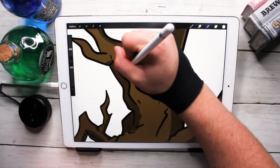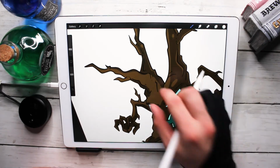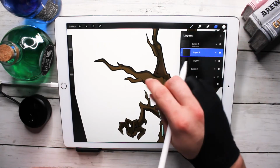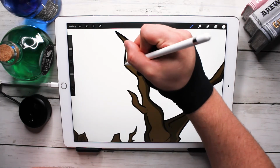Oh, actually, let me fix... I don't like the look of this. There we go. Alright, so we got white. Oh, I'm still on the same layer. There we go. So we're just going to add...